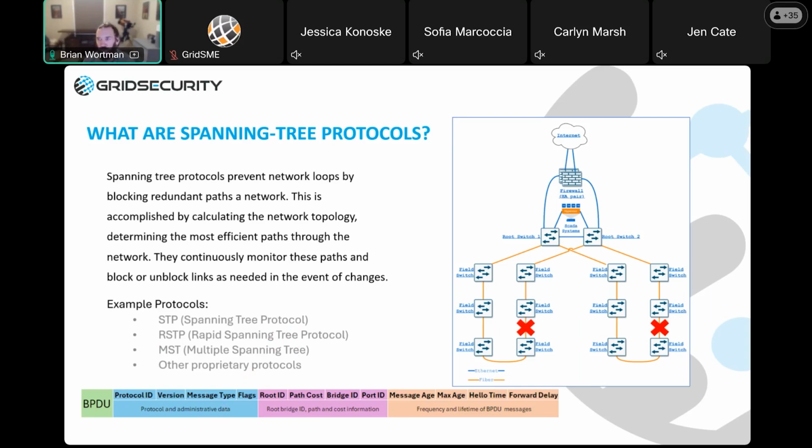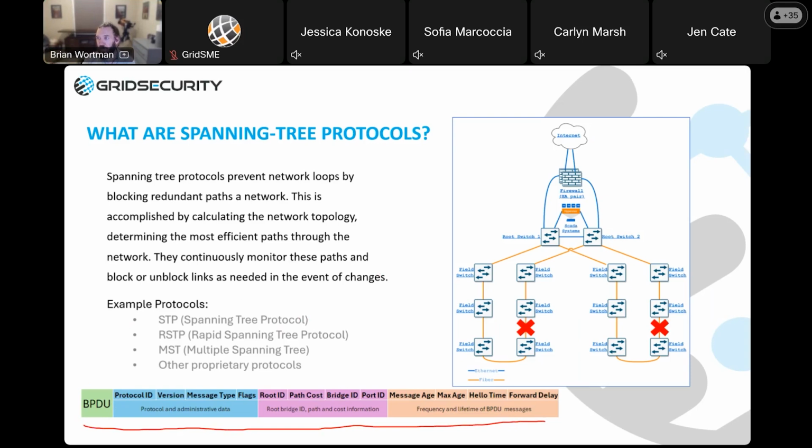And we don't really need to understand each of these spanning tree protocols in depth, because generally they all work in fairly similar ways. All of your network switches participate in the spanning tree protocol by sending out a special packet that's called a BPDU on pre-configured timers. So you can see what a BPDU looks like down here at the bottom. You don't need to know what every little bit of this means, but broadly speaking,